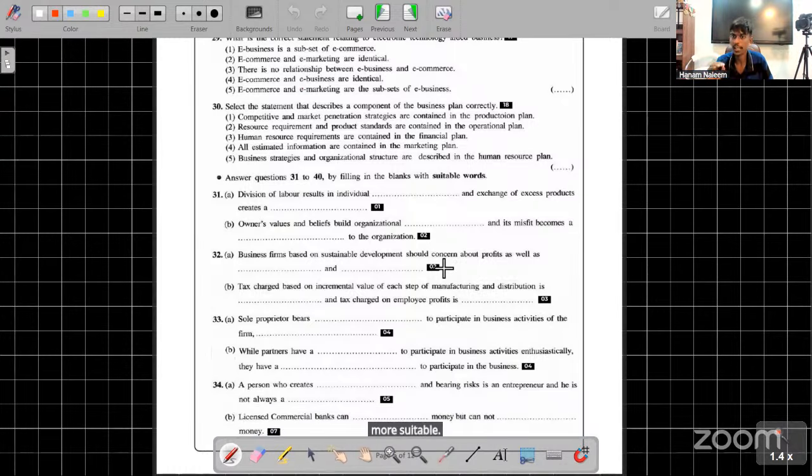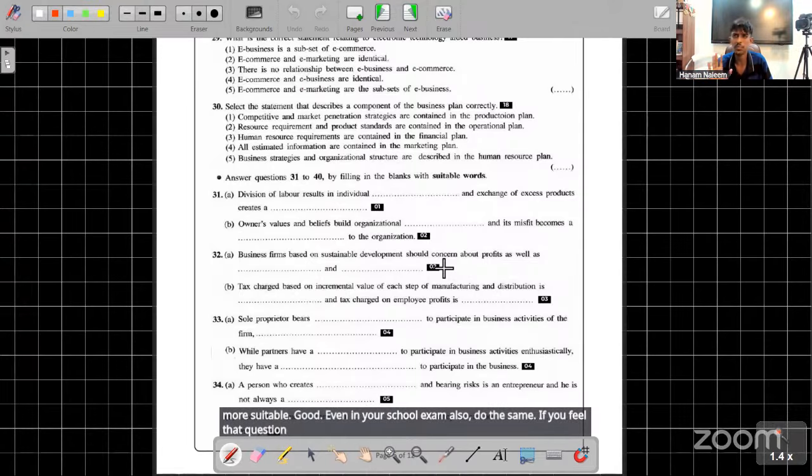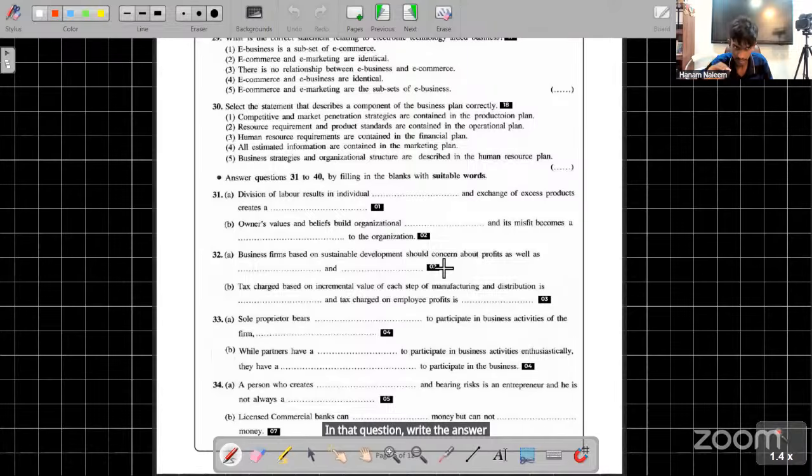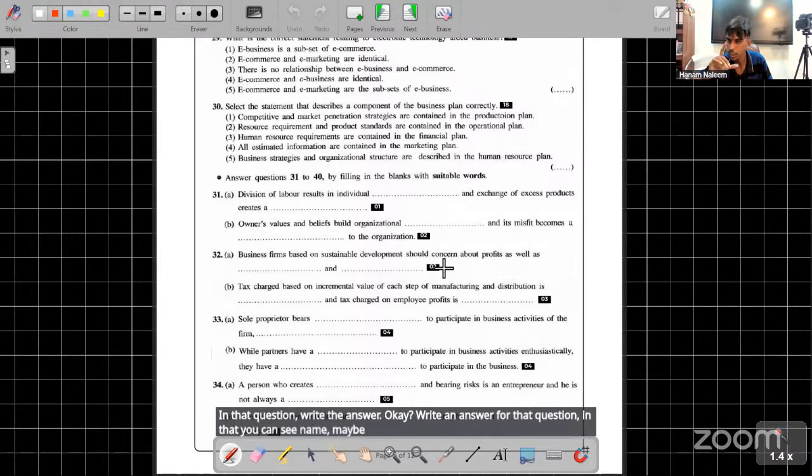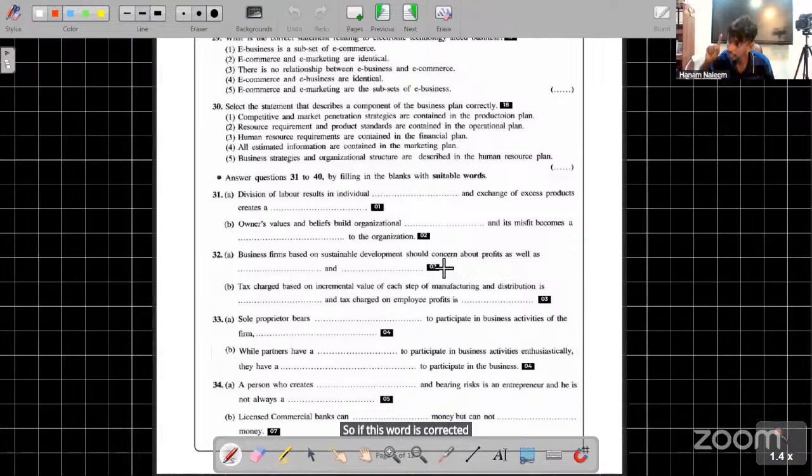Good. If there is any mistake like that, even in your school exam also do the same. If you feel that the question is wrong, don't ask the teachers and all. You know it's wrong. What you do is you write an answer. Don't go to correct the question and all. We don't need to be that smart. In that question, write the answer. Okay? Write an answer for that question. In that you can see maybe you feel that this question is wrong because this word is wrong. You know that. So if this word is corrected, we can get a correct answer, then write that answer